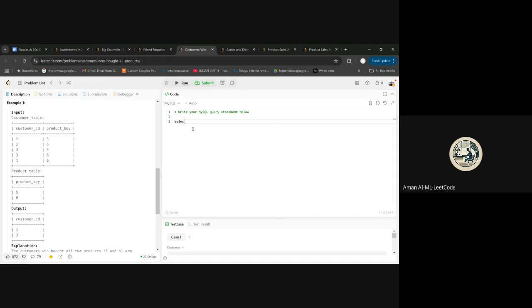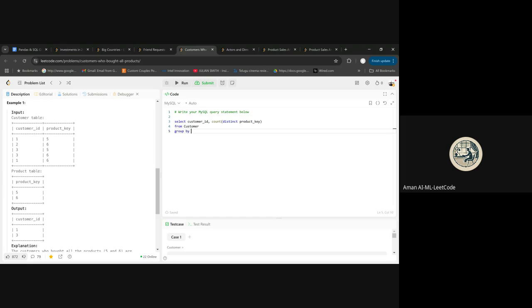So to get how many unique products they are buying, you can just say customer ID, comma, count distinct product key. Okay. From this customer table,